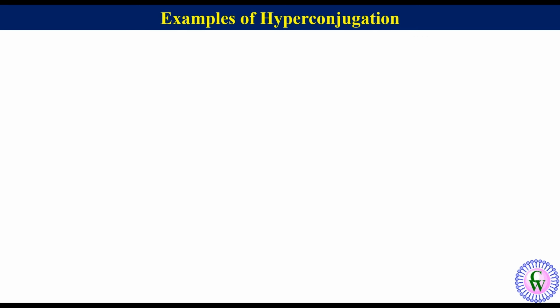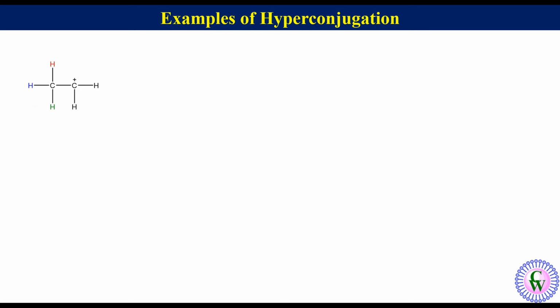The first example is ethyl carbocation. This carbon is sp3 hybridized with 3 CH sigma bonds. This carbon bearing a positive charge is sp2 hybridized with a vacant p orbital. There is free rotation about the CC single bond. So, at a particular moment, one of the 3 CH sigma orbitals will be parallel to the vacant p orbital,